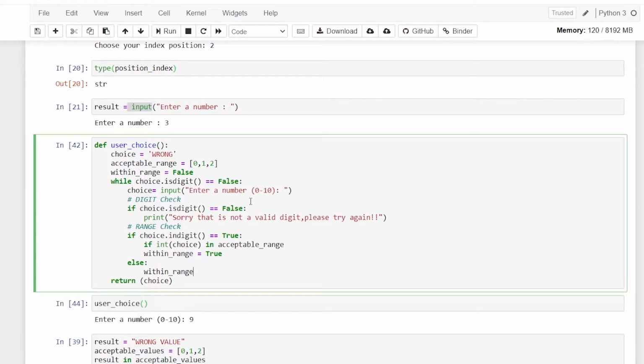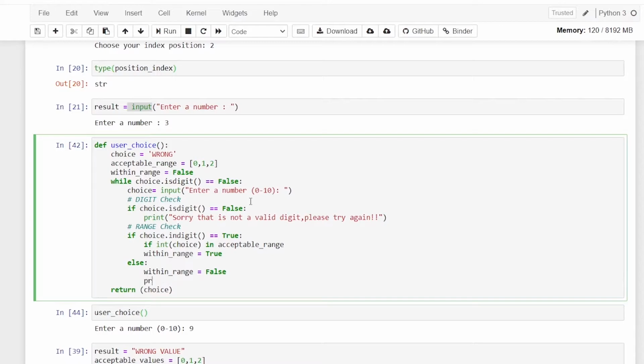So it will not be within the range, so we'll give it as false, and we're going to print a statement saying that